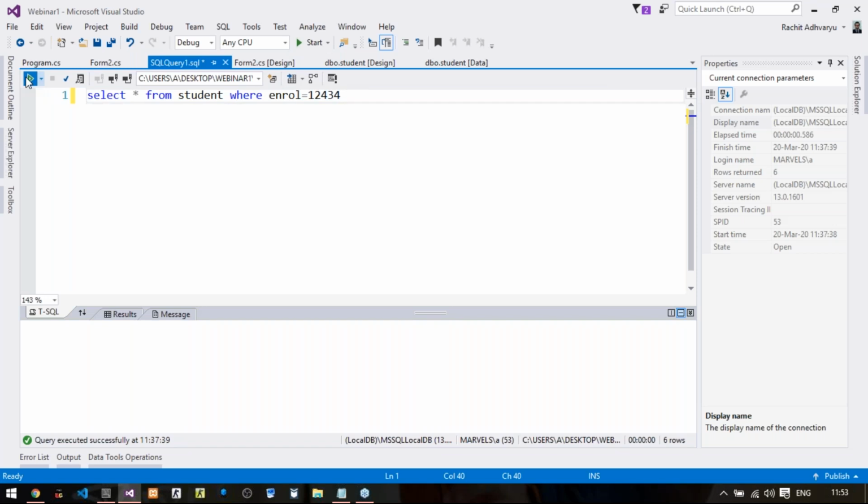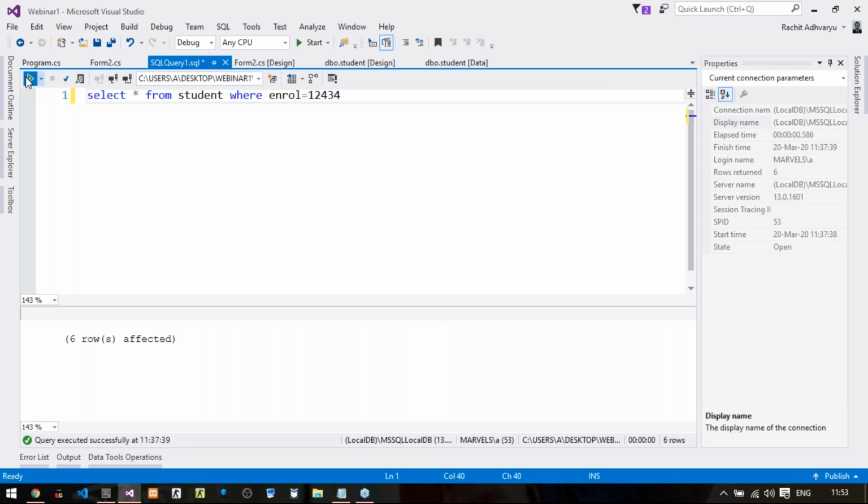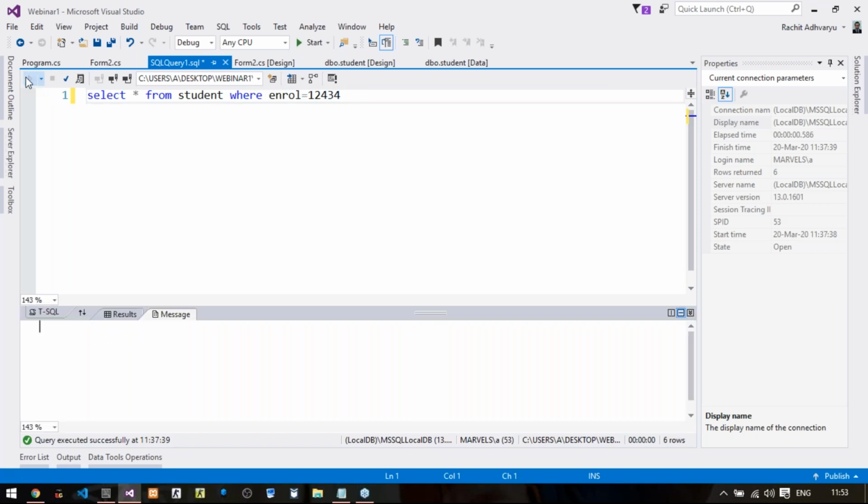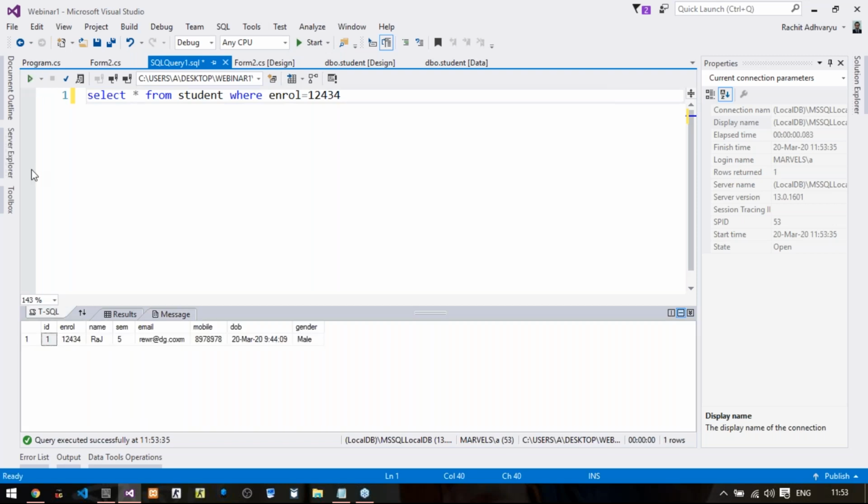So this query has been executed. I have specifically said that I want to fetch all the data from the student table whose enrollment number is 12434.